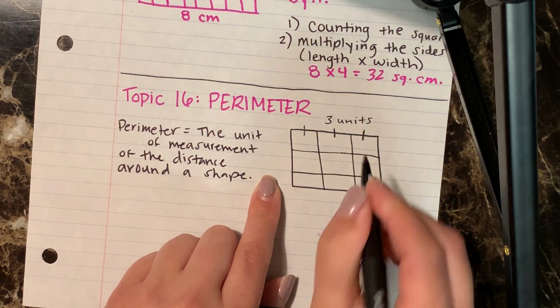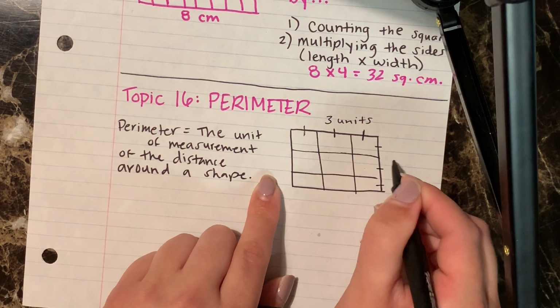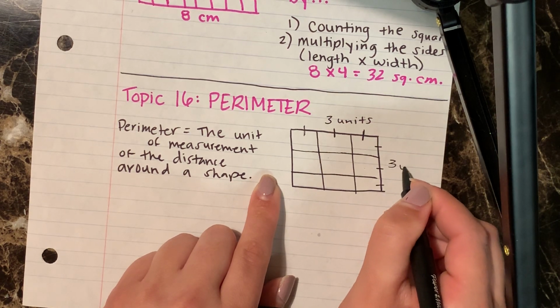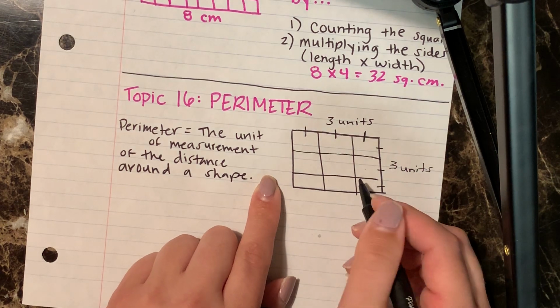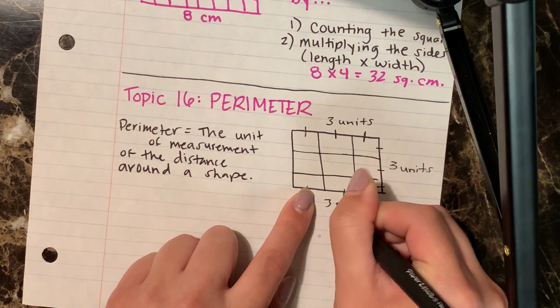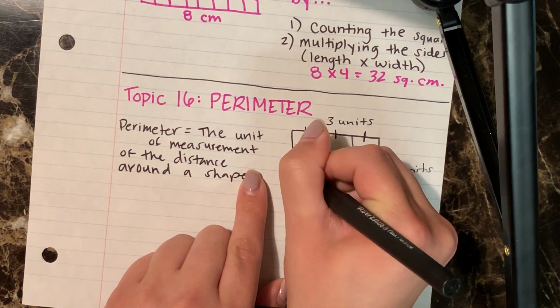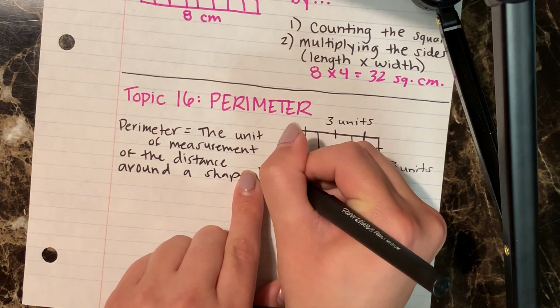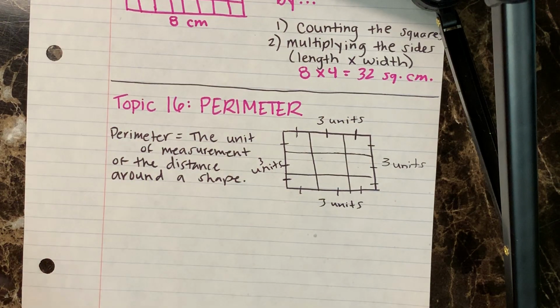And then let's do the width. There's 1, 2, 3. 3 units. Then there's this side. 1, 2, 3 units. And this side. 1, 2, 3 units. Okay,